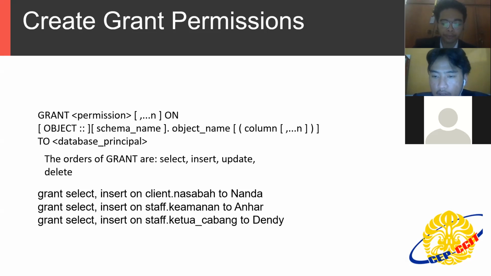And the grant select insert on staff ketua cabang to Dendi.